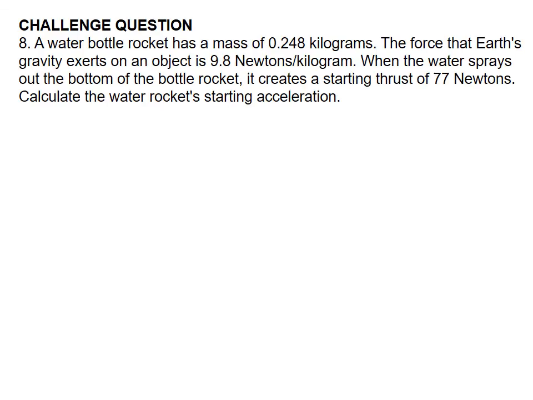So in this challenge problem, it says that you have a water bottle rocket that has a mass of 0.248 kilograms. The force that the Earth's gravity exerts on an object is 9.8 newtons per kilogram. That's the acceleration due to gravity. When the water sprays out at the bottom of the bottle rocket, it creates a starting thrust of 77 newtons. We want to